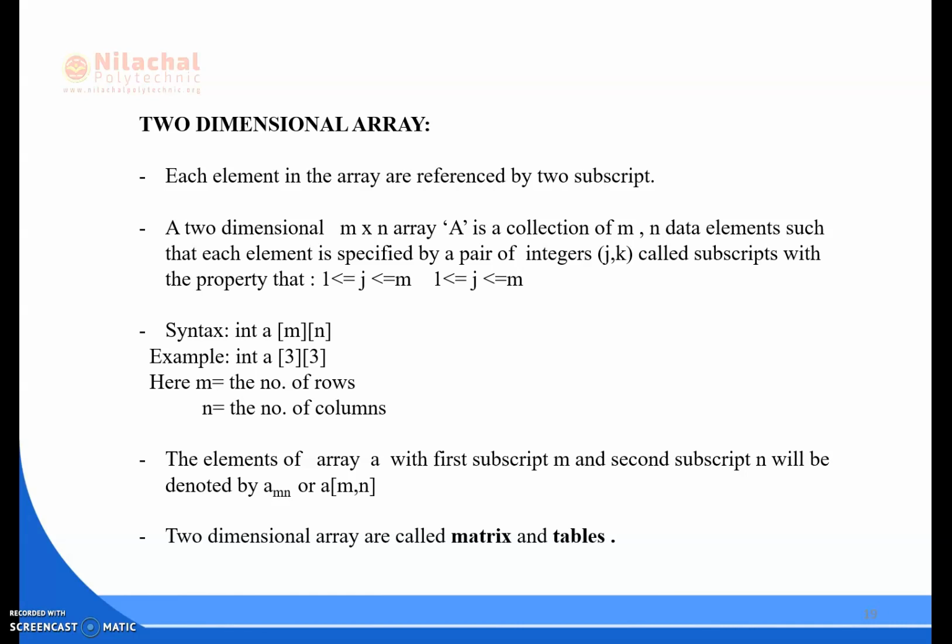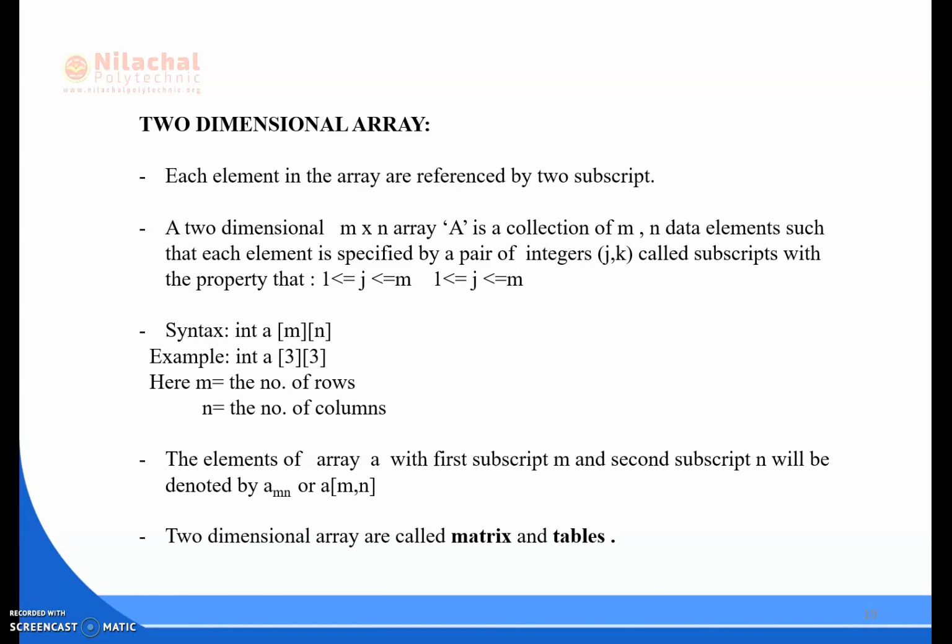So this j and k are each and every combination of row and column, or we can say subscripts. What are the properties of these integers? The integers j and k should be greater than or equal to 1, that is, positive numbers, and should not exceed the number of rows or columns.